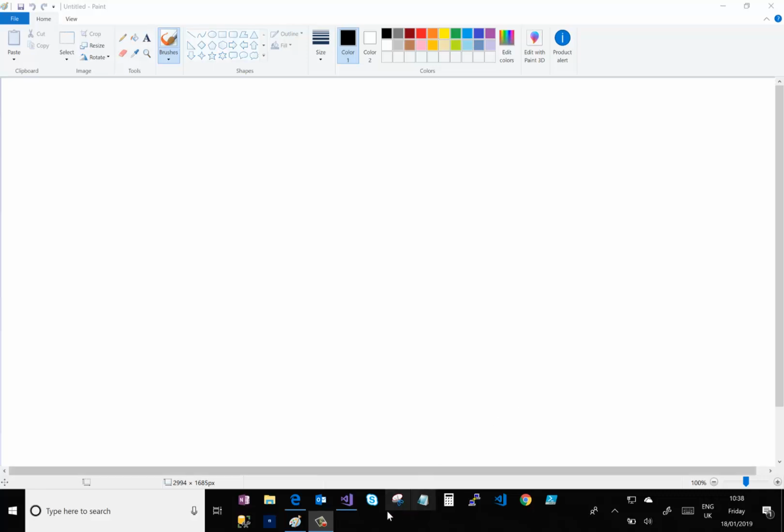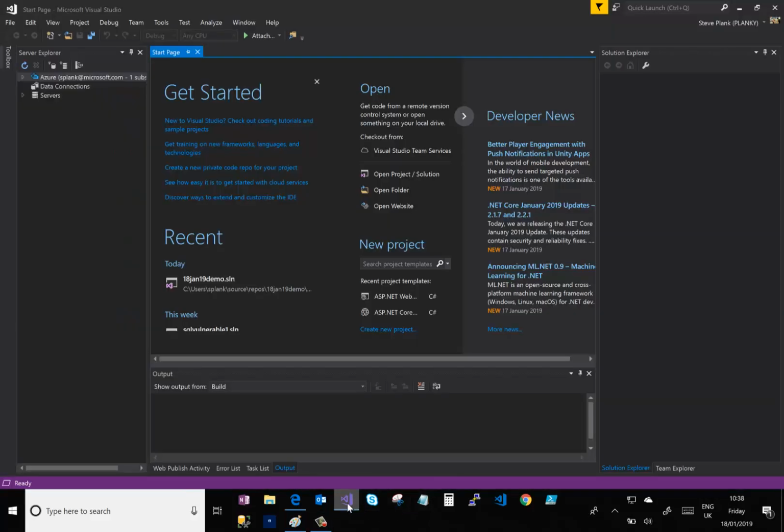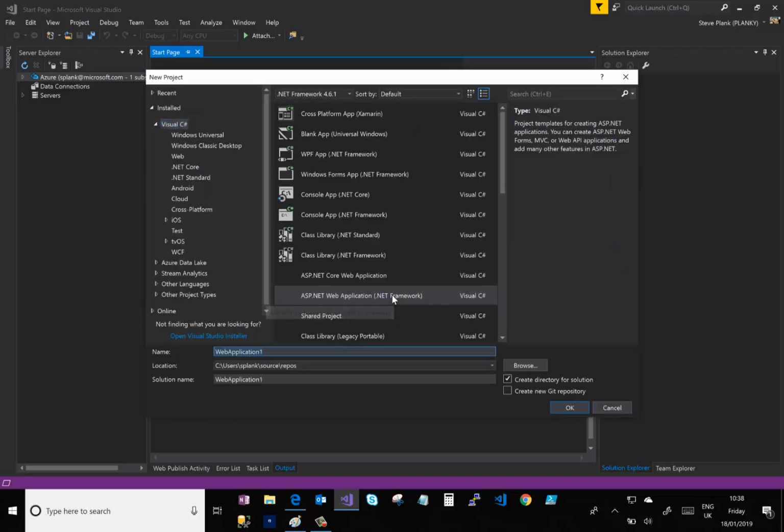My first job is to show you how simple it is to use Visual Studio to create a web application in Azure. So this is Visual Studio. I say I want a new ASP.NET web application. I'm going to call this